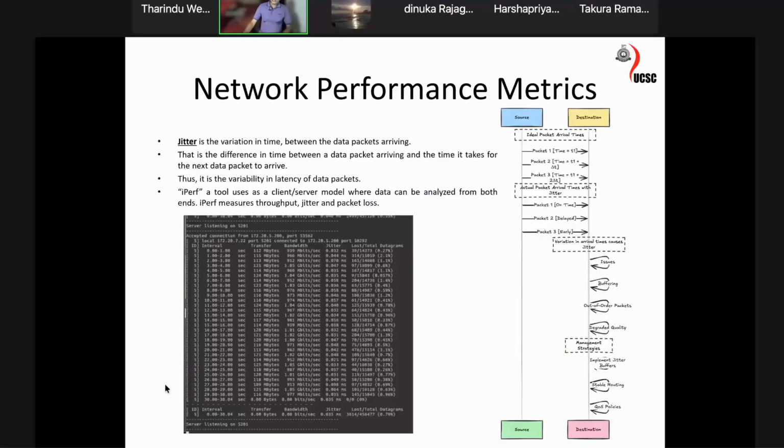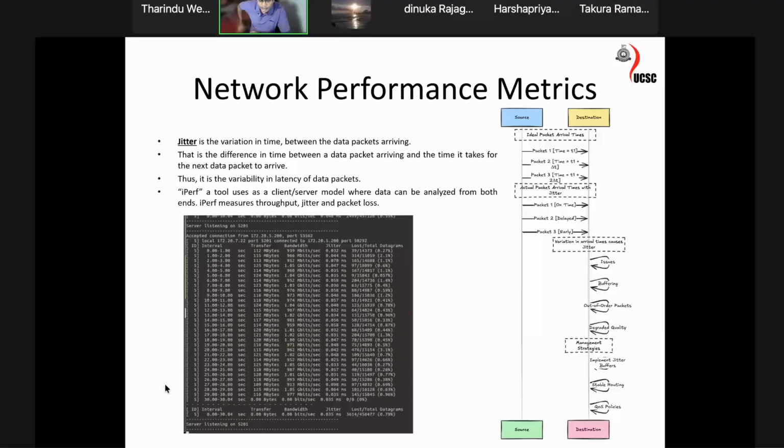Okay. Then finally, there is another metric, which is the fifth one. It's called jitter. Jitter is defined as variation of delay. So it's something like this. Delay is fine if you have a predictable delay, that is fine. But if you have a variable delay, which is